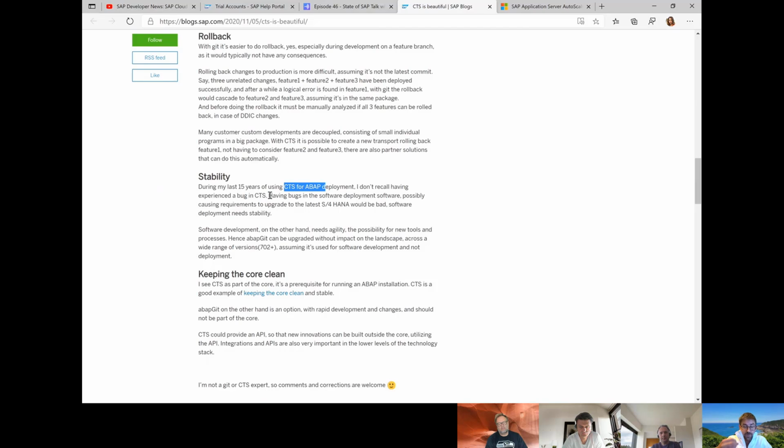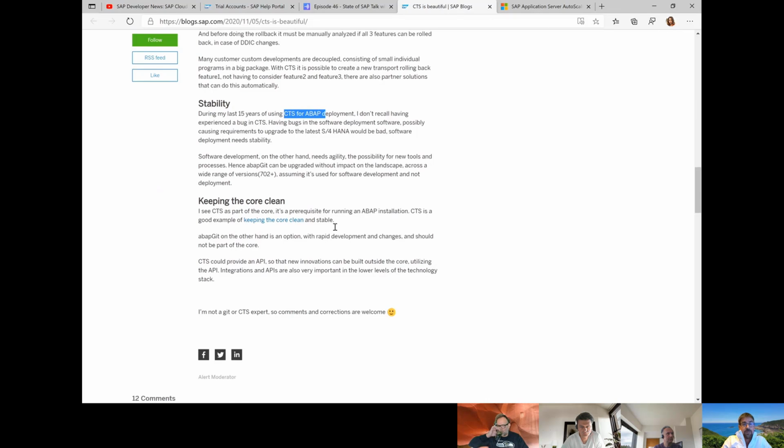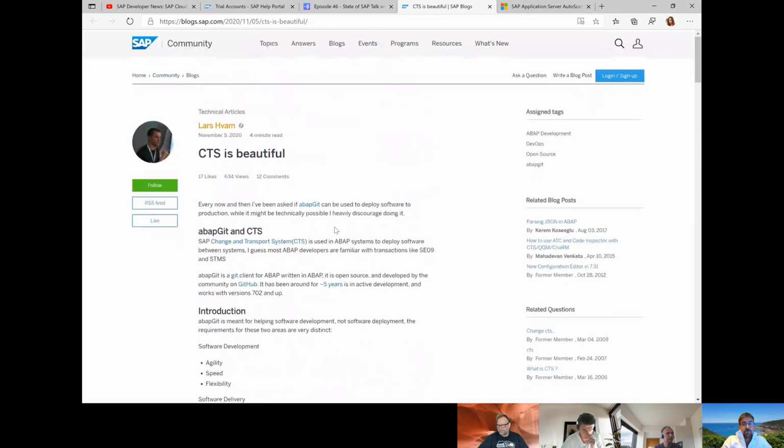So this is a very solid foundation which has been there for SAP for a very long time, which is really good when it comes to transporting your developments from your dev, QA and prod environments. I think he has some really good thoughts on how abapGit and CTS relate and how they work together. So it's definitely worth reading his blog post here.